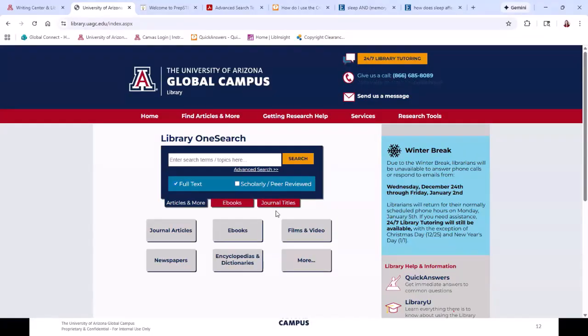Someone was wondering how long it typically takes to get an ILL request fulfilled. Yeah, so we say 3 to 8 business days. I'm going to be honest with you, especially if it's a recent article, it doesn't always take that long. I've had luck definitely within 3 business days, but if it's an older document that we have to search around a bit more for, it might take a little bit longer, but you'll have it, I would guess, within a week. And there are some times where we just can't find the resource,